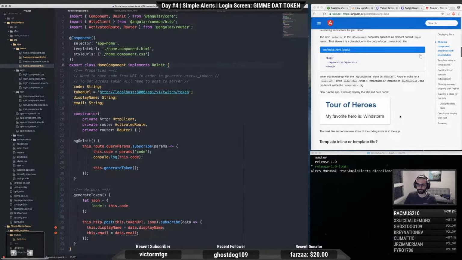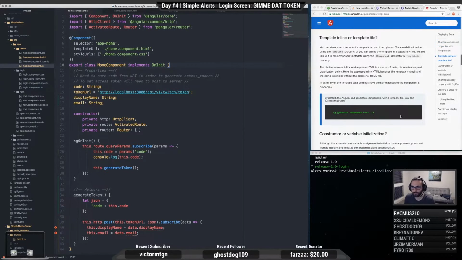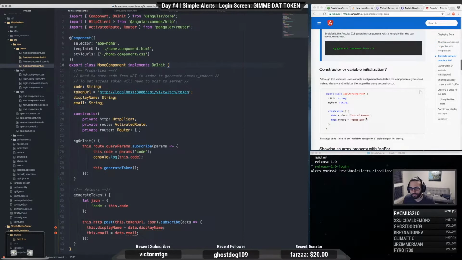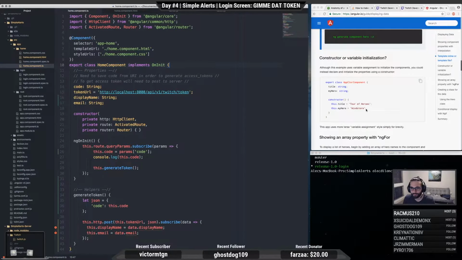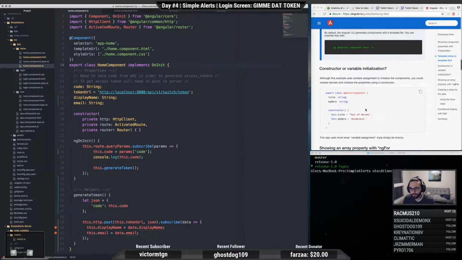Okay. Oh yeah, this dot constructor. Okay. All this example uses variable assignment to initialize the components. You can instead declare initialize the properties using a